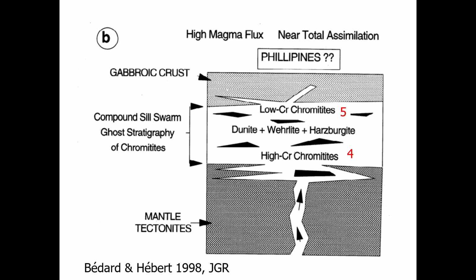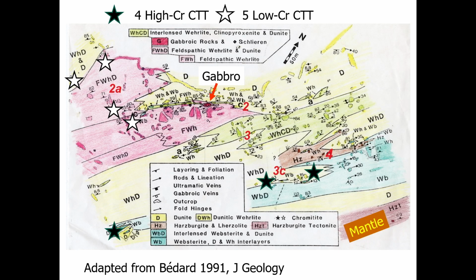in the chromite, high chrome, low chrome, and dunite in the transition zone. And I would argue that the Philippine deposits are just more advanced versions of what I'm going to be explaining to you now. This is a detailed map of the moho in the thickest part of the ultramafic zone. Mantle's down here, thin dunite. There are some